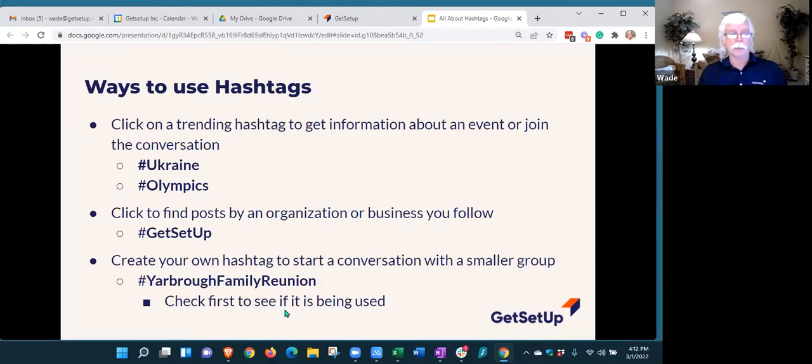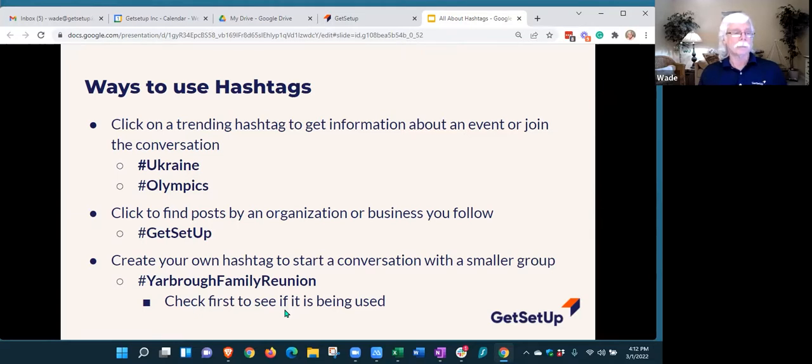Now, Facebook is not a heavy hashtag user, so it's a little bit more specialized for both Facebook and YouTube in terms of who's using them and how they're using them. Whereas with Instagram and Twitter, they're extremely common. But yeah, they are out there on Facebook. If we have time, I can demo that one as well.